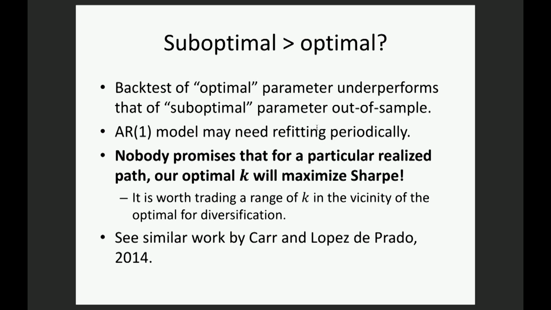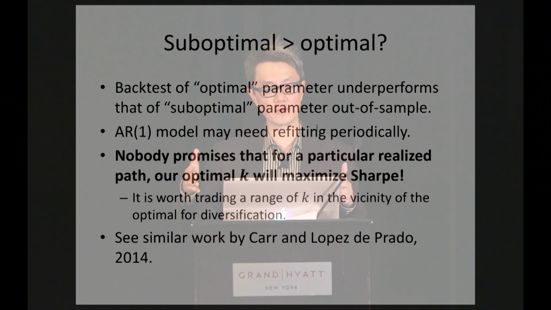Well, one reason, possibly, is that the time series model we have fit uses a fixed in-sample set. Certainly, if you are doing real live trading, you would refit this AR1 model continuously with new data, either with a moving window or with an ever-expanding window, right? So nobody says that the time series model that you fit using data prior to, let's say, 2003 is still going to work today. So you might as well continuously refit your time series model. That's one reason. But more fundamentally,